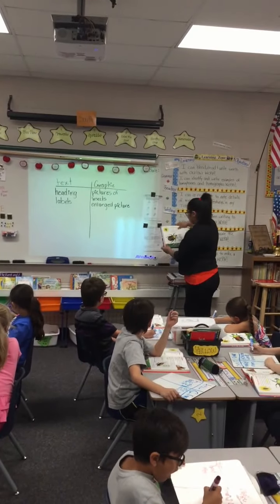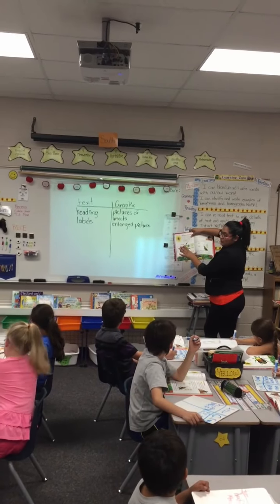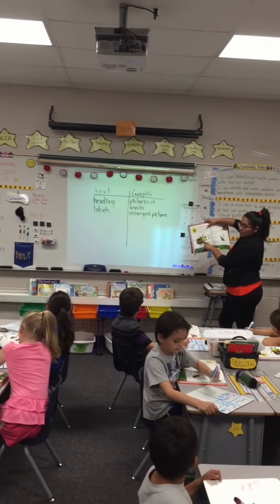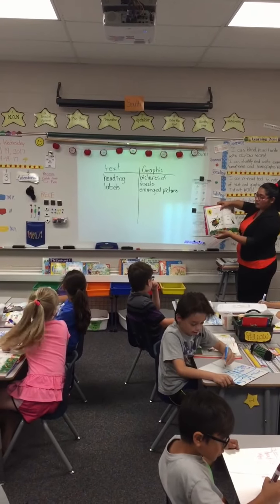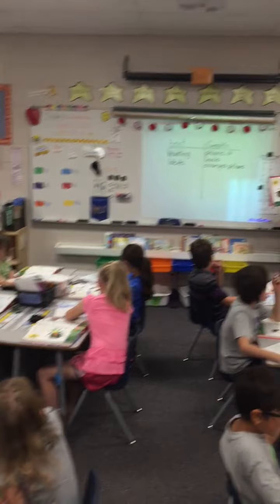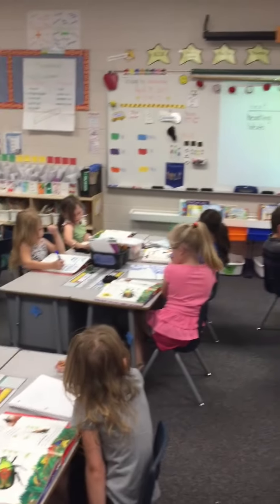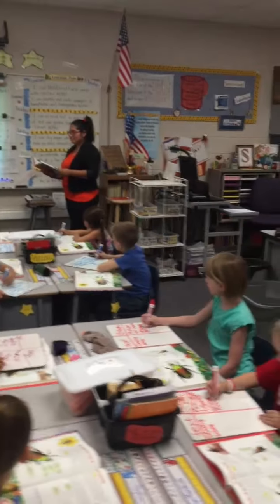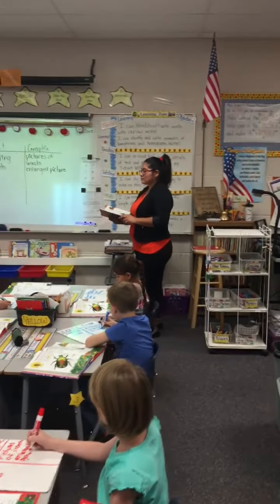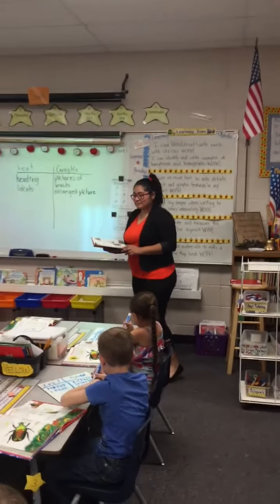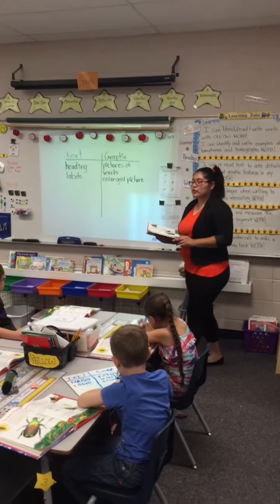And an enlarged picture means that it's a picture that's made big so that we can see the details on the beetle. Because beetles are small. So if they had a small picture of a beetle, we wouldn't be able to see his antennas very well or the rest of its body. But because they made it bigger, we can see everything. And when you're done writing, put your markers